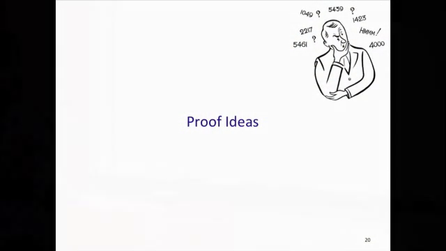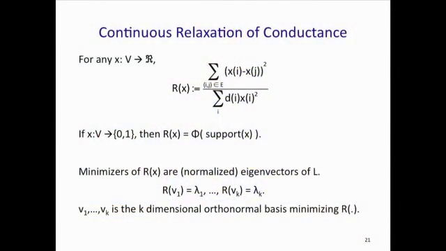Let me tell you a little bit of the proof. Since I have limited time, I'll try to give you the main ideas. For the next 5 to 7 minutes, I'm going to talk about proof ideas. Before saying the ideas, let me first define a continuous relaxation of conductance. I'm going to use the Rayleigh quotient as the continuous relaxation of the conductance. For a vector x, the Rayleigh quotient is this quantity. You don't need to understand this. The point is,